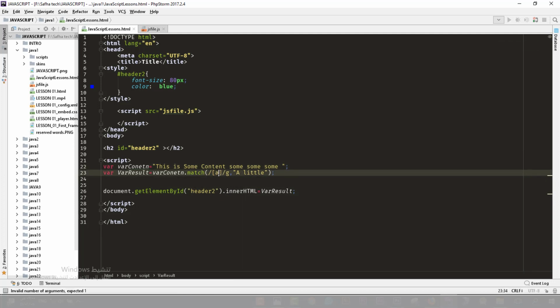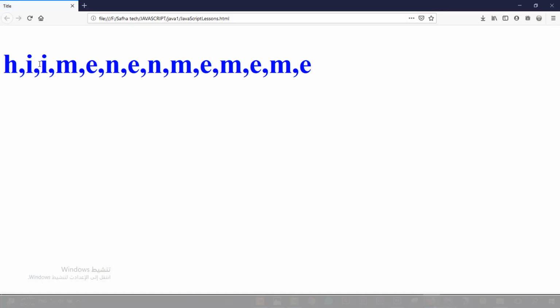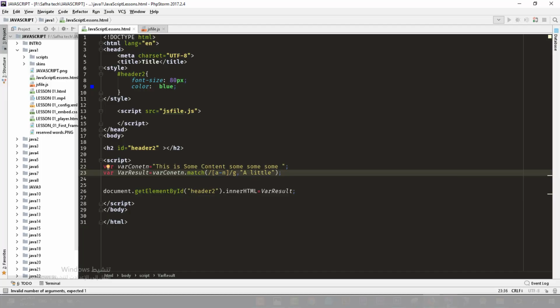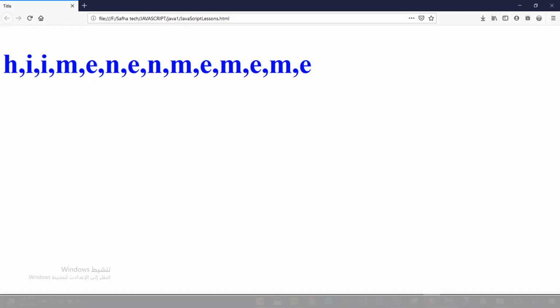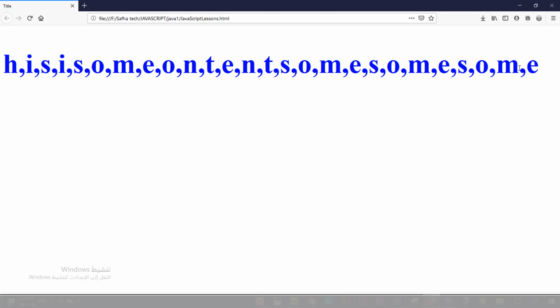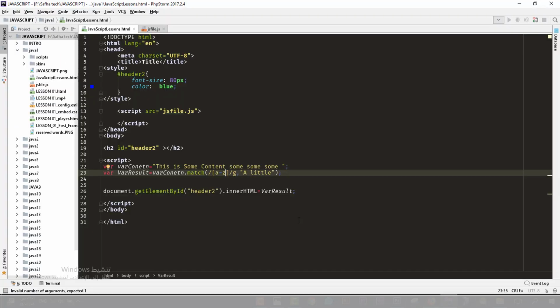For example, I need from E to, for example, let's say to Y or to B. There are two letters. To N, for example. I need the letters that are between E and N. Let's say I will need the letters from E to Z. It will print the whole characters there which are in small letters. Okay, if we need the capital letters, we could change them to capital E to Z, and it will print only the capital letters, which is T,